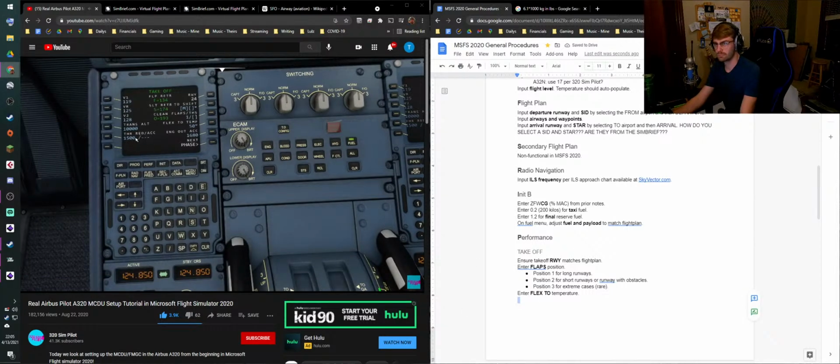Thrust reduction acceleration, it says 1500 slash nothing. So let's put in slash 1500. And that's quite normal. So the airplane will climb in its normal takeoff modes up until 1500 feet, and then it will lower the nose and try and accelerate. It should climb somewhere around V2 plus 10 up to that point. Now we do know that there are some glitches in the Airbus in Flight Simulator, so some of this stuff does not work like I'm describing, so don't be alarmed if the simulator